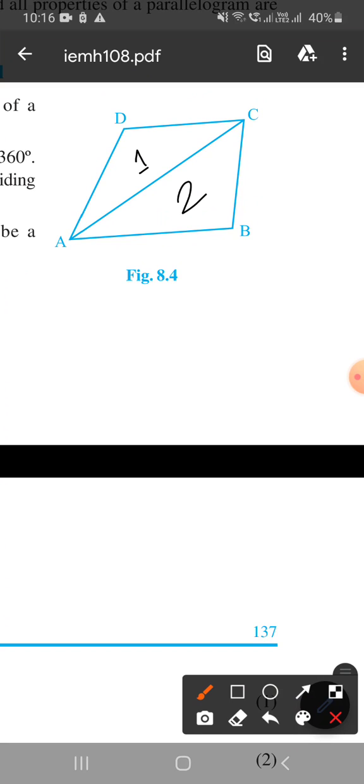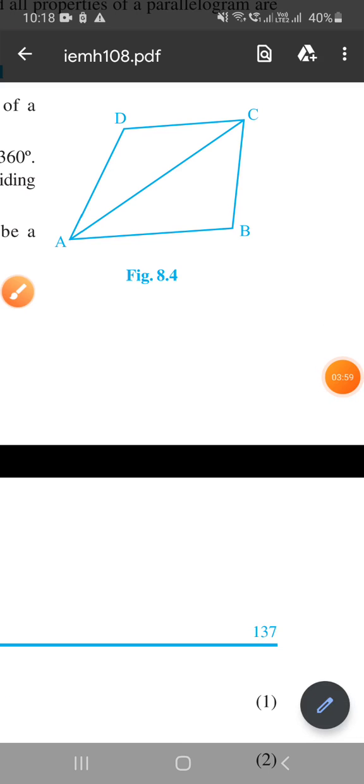Now we have to observe these triangles independently. So let's first talk about triangle ADC, right? So in triangle ADC,